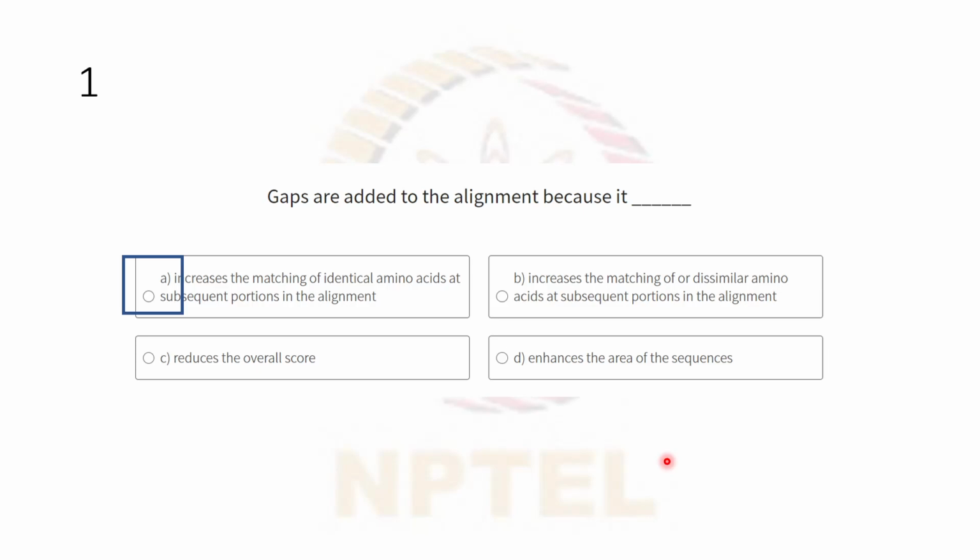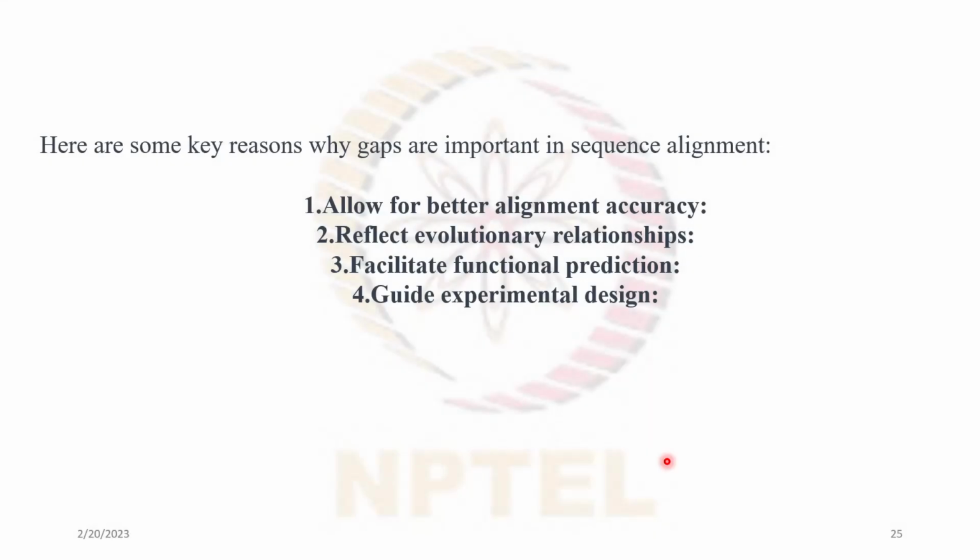Gaps play an important role in sequence alignment, as they allow for the proper alignment of sequences that contain insertions, deletions, and other types of mutations. Here are some key reasons why gaps are important in sequence alignment. They allow for better alignment accuracy. That is, gaps can help to accurately